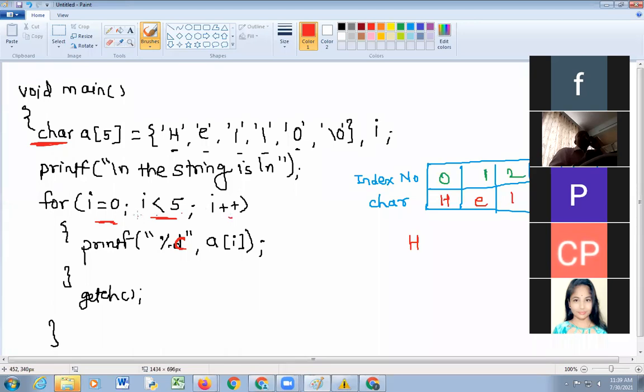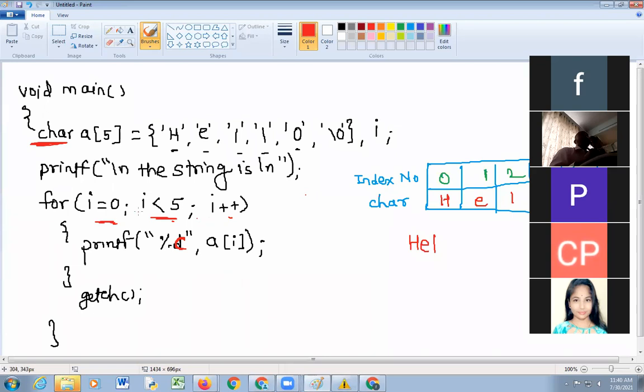After incrementation it will become 1. 1 is less than 5, yes. Then print the character at the first location, that is e. Increment the value of i, the initial value of i is 1, after incrementation it will become 2. 2 is less than 5, yes. Then print the character at the second location, that is l.